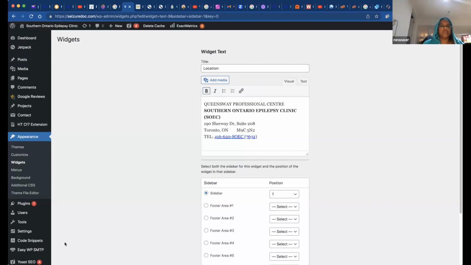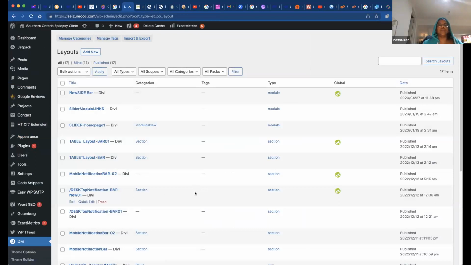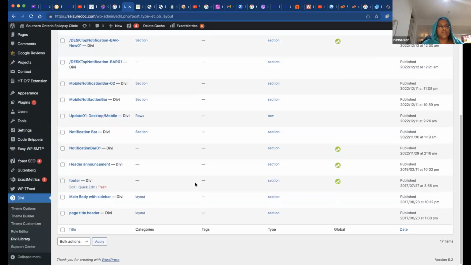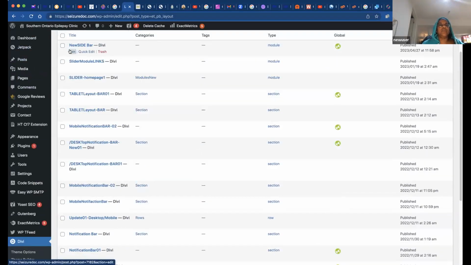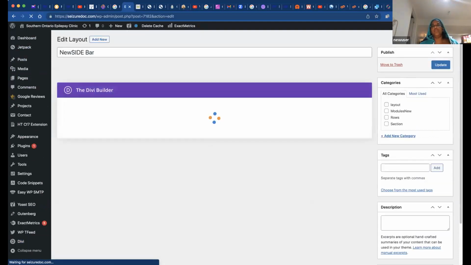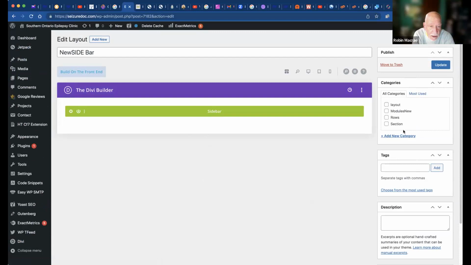See, there's a widget, not a widget, a module that's included in the Divi theme. I don't know if you're familiar with that theme. It's all modules, right? So the sidebar is basically like this. Once you change it here, you make a change here, it'll change all of them wherever it is, right? Right, because it's a template. Exactly. So I was trying to figure out if this was the problem.